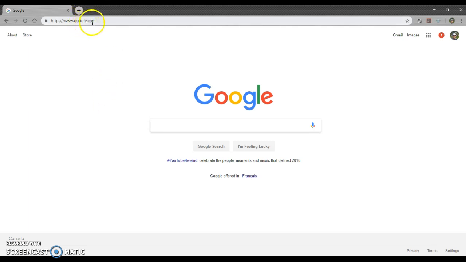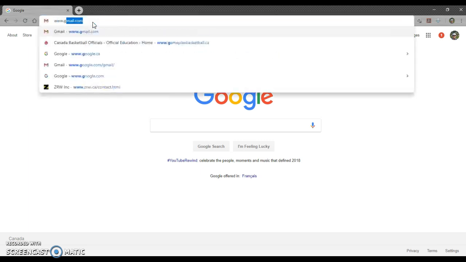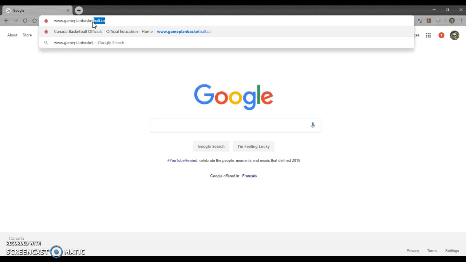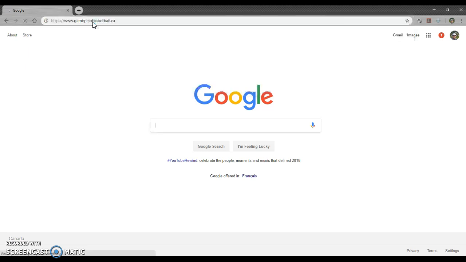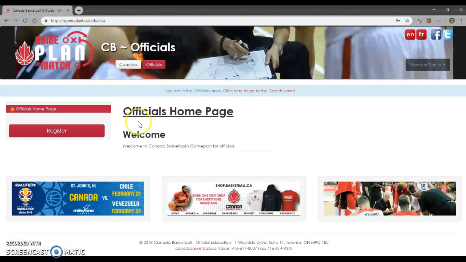So in order to do this, you need to go to www.gameplanbasketball.ca, and once you get onto this site, the most important thing for you to do is please click on officials first. It's right in the heading up here. It's a red button. It says coaches and officials. Please click on officials before you do